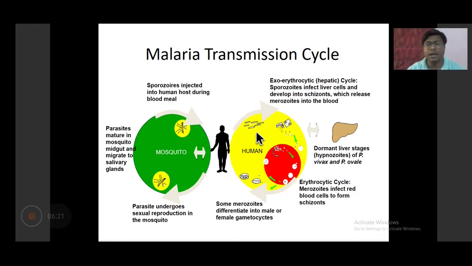So every third day and every fourth day means that this much of time that particular species needs to release a bout of schizonts. Then some merozoites differentiate into male and female gametocytes. They combine to form the egg and then undergo further sexual reproduction in the mosquito. Okay, so this all sexual, asexual reproduction, this whole transmission cycle, life cycle, you need to read thoroughly from the